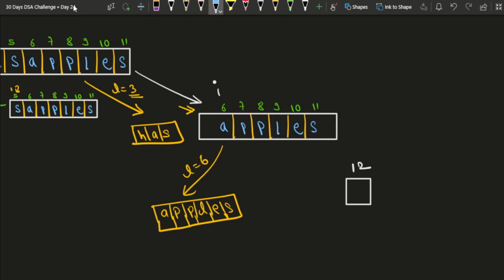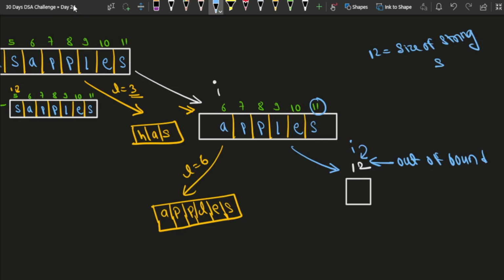Okay. So now I will move to the next part of my string, which is at index 12. So now I will point here at index number 12. But you can clearly see that we don't have any index equal to 12 in our string. The last index was 11. So you can clearly see that we have come out of bound. Okay, and we can also say that this 12 is nothing but the size of our string s. So if my i is pointing at the size of my string s, it means that I have successfully